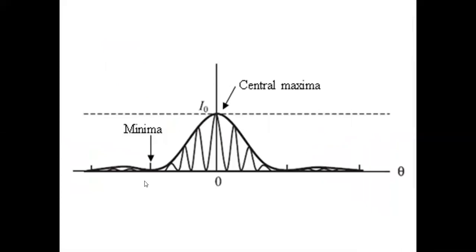Okay, so this is a graphical representation of intensity versus distance. This is minima, this is minima, this is the central maxima, the brightest point here, and it is due to the superposition of many waves interfering with each other. And this is the next maxima, which is much less bright compared to this one, because not all the waves contribute to this brightness, so it is not as bright as the central one.